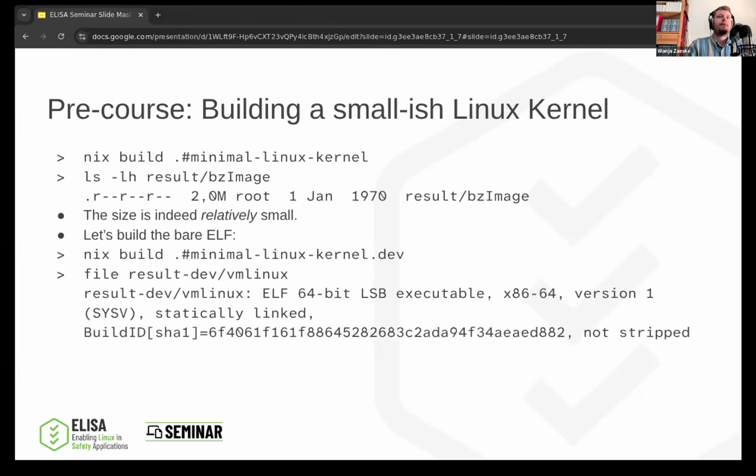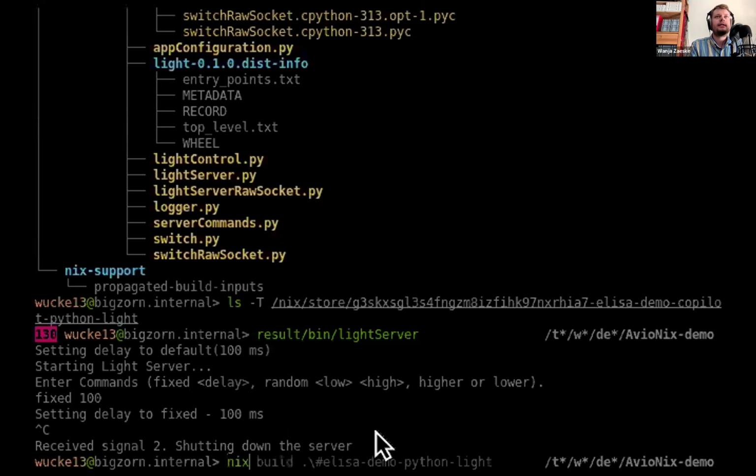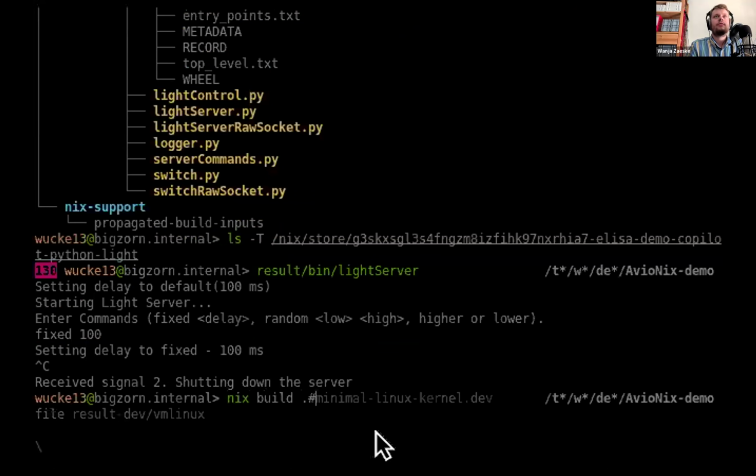So let's jump back to the terminal, and let's build a Linux kernel. If we recall the nix flake show output, then we know that there's a Linux kernel here which we can build, and this is directly available as a command. Again, this is cached. I ran all the commands before, so it's very quick for me, and it will not be very quick the first time you run this, because you first bootstrap the toolchain and the kernel before you can actually build the kernel.